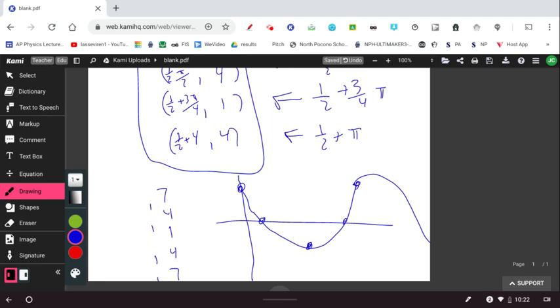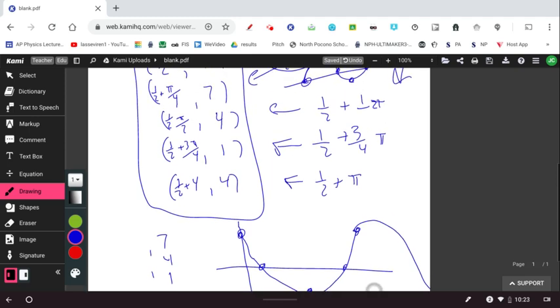of your cosine function. And then your shifts would be the same. So if this was,